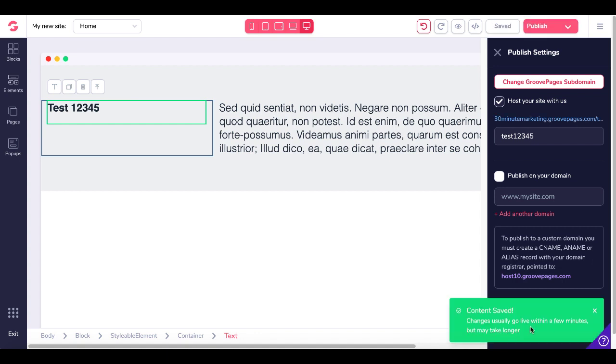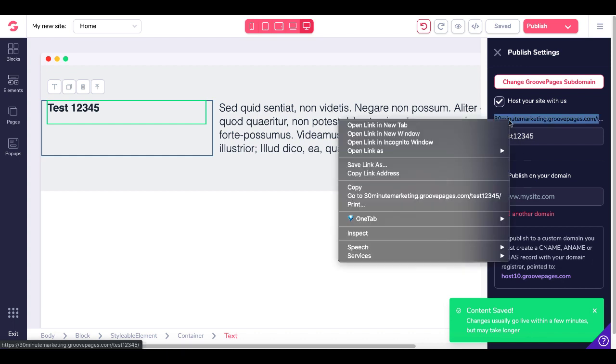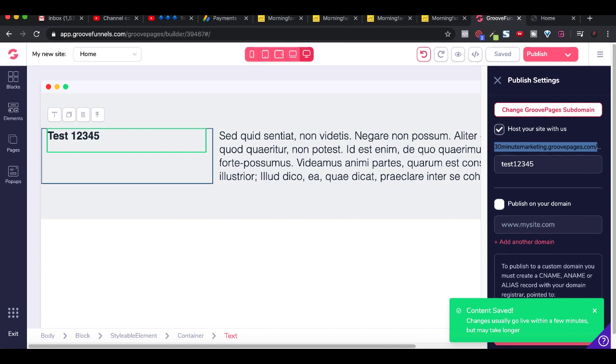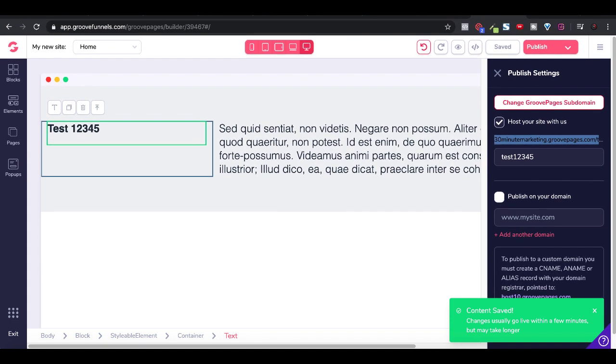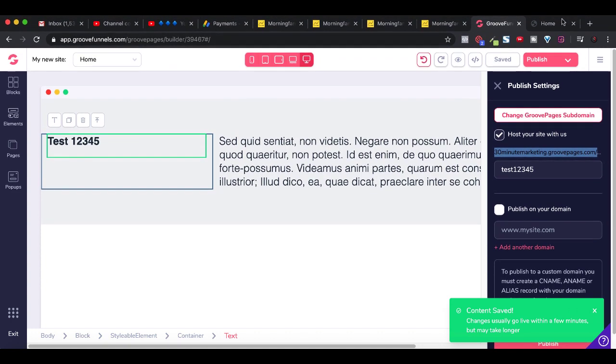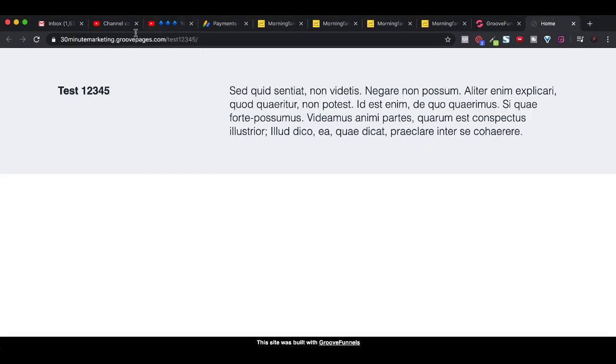You can see here content saved. Changes usually go live within a few minutes, but may take longer. Now what we're going to do is right-click on this and open this link in a new tab and go check out our published site. We're going to bring this down so you can see the URL as well that we're going to on that new tab. So we'll click over here, and as you can see,